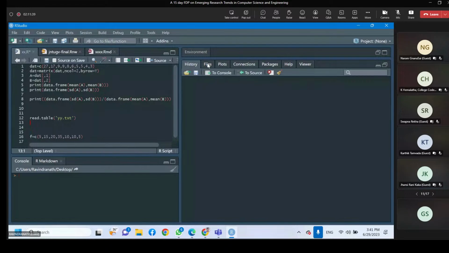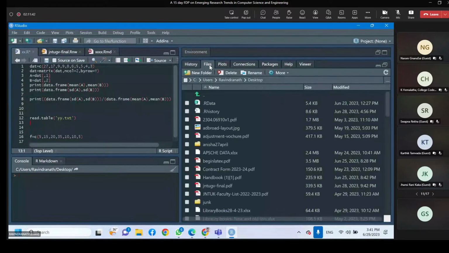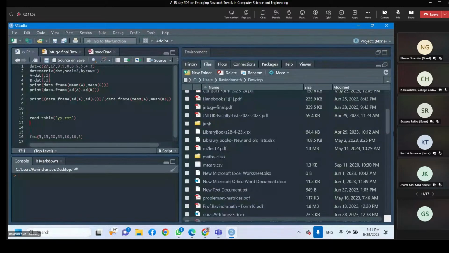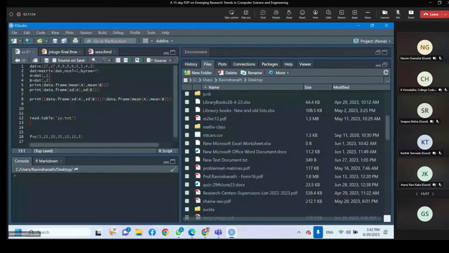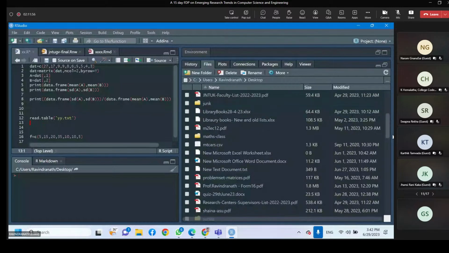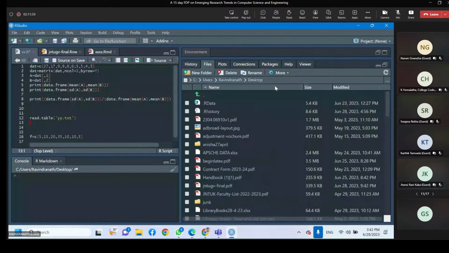Now these are my files. That means this is my project directory. So in this project directory, this is my project directory. Next,